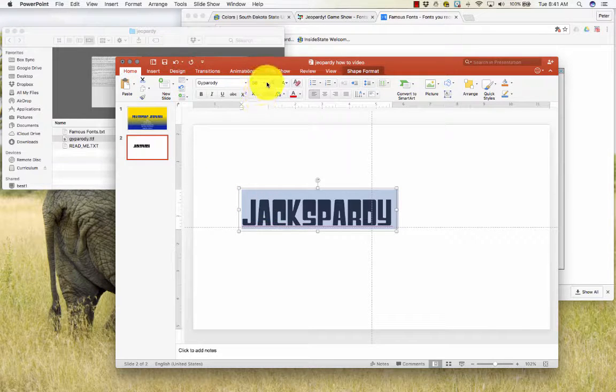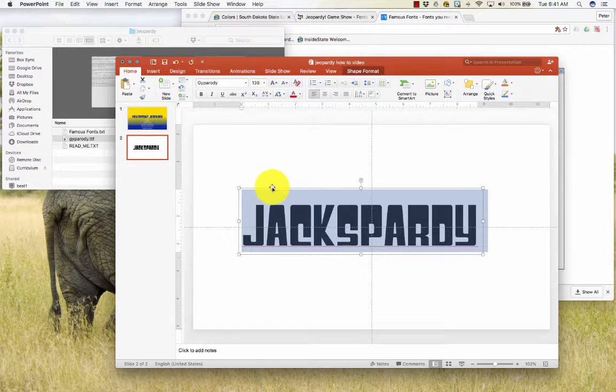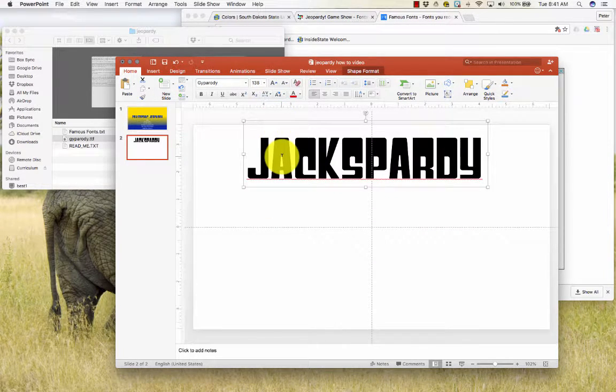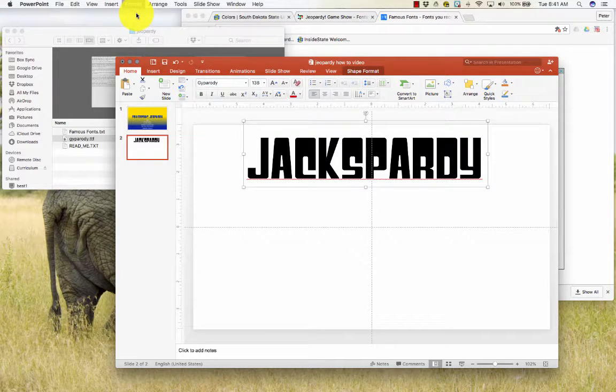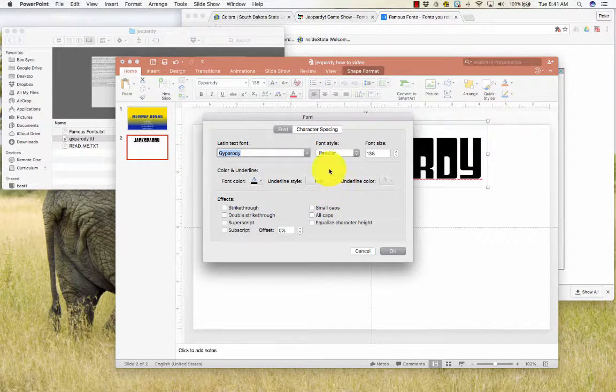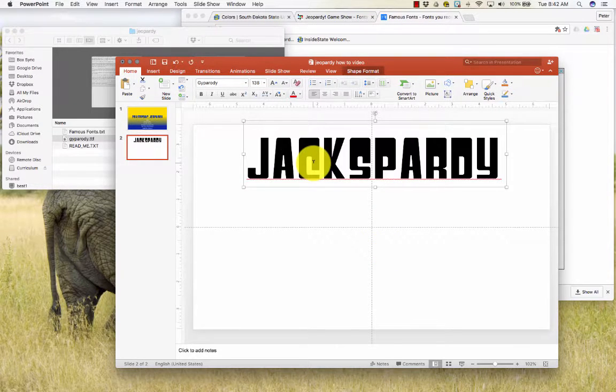What it does is make something that looks somewhat similar to Jeopardy, but as you'll notice, it keeps getting bigger and bigger and doesn't fill up the screen like the actual Jeopardy font would. That's because it's using some extra features. So if we go up to font and we look at this menu under character spacing, what we can do is we can expand the spacing. So we want to expand the spacing probably by 5 points, which will spread the words out, and even that